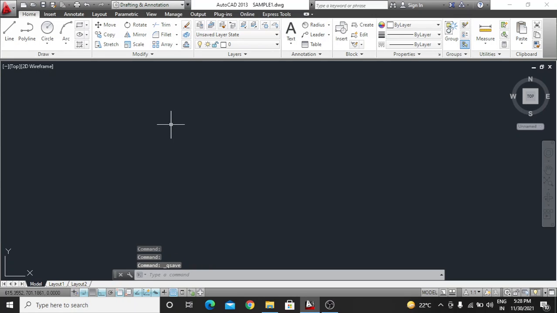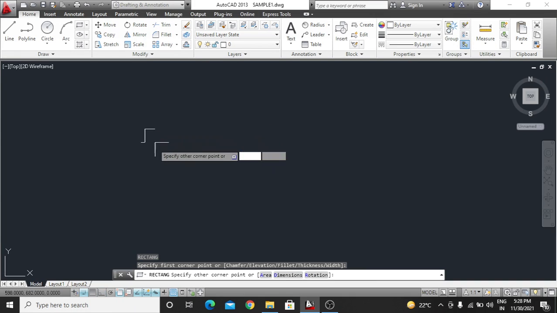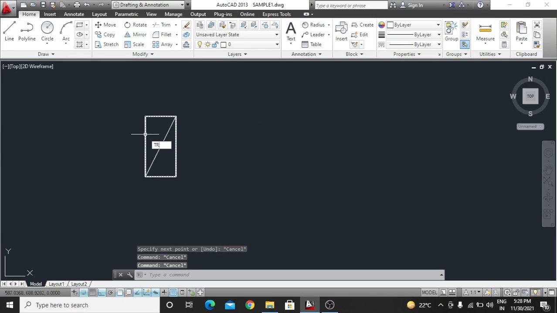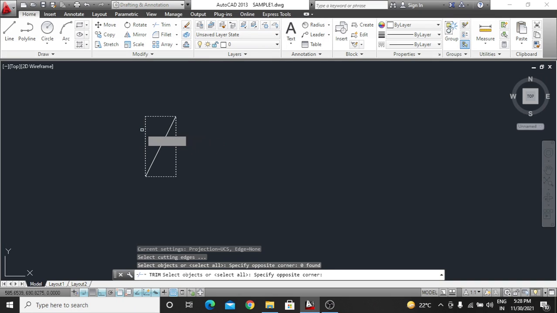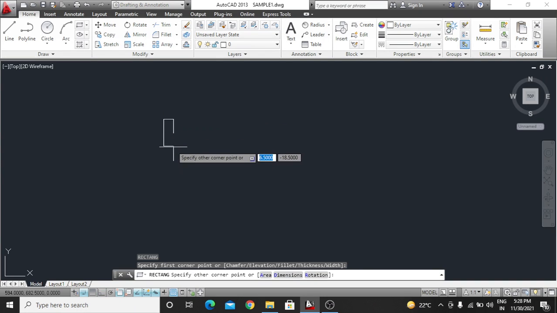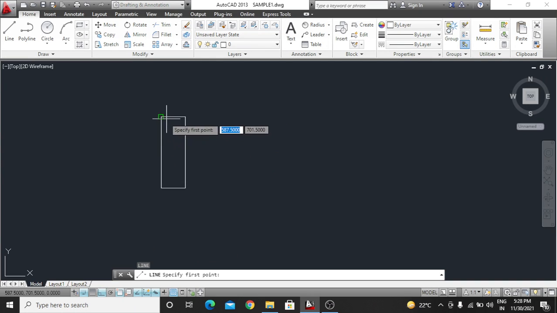Our next command is mirror. The mirror command is also very important. You know very well the meaning of mirror, so opposite. For example, you have a rectangle here, right?